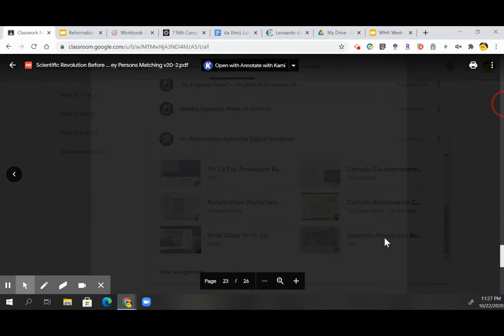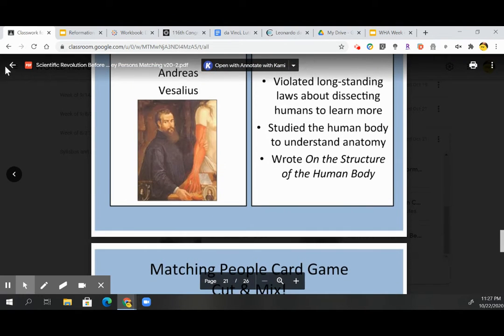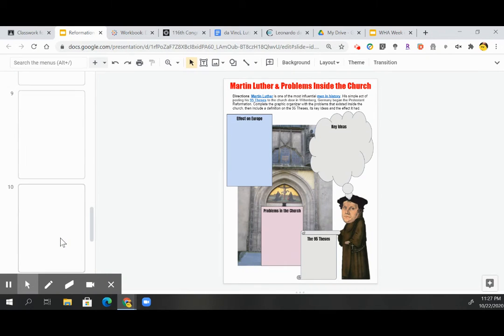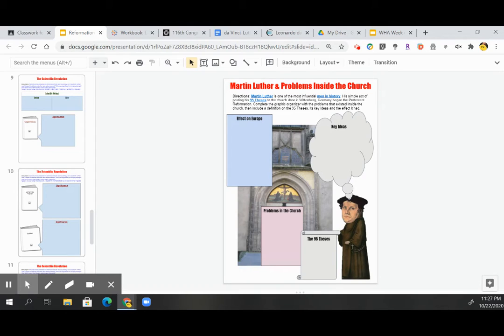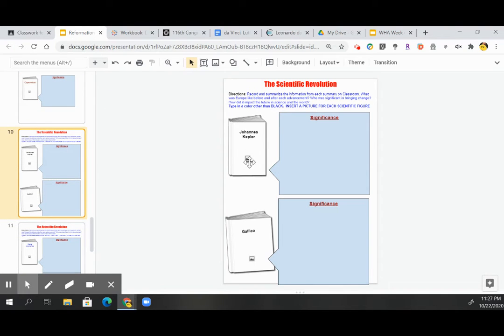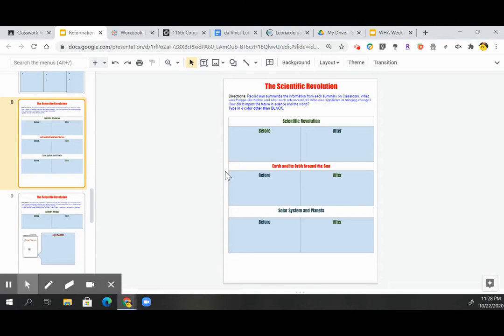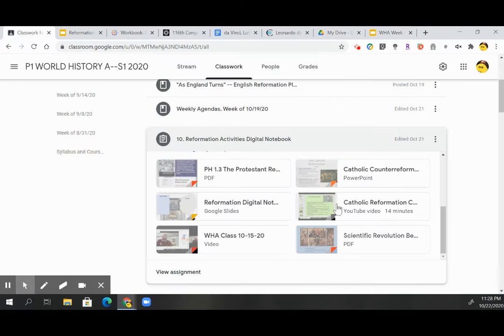for word down here. These ones that we're talking about, the different major contributors, and certainly by no means do we have them all, but they are the major ones in the scientific revolution. Again, the last piece of the Renaissance, the last piece of the idea of humanism emerging, the scientific knowledge that's emerging. So again, make sure you have a picture of these guys as well as their significance, and then the before and after of this, and putting it in a color other than black. And how did it impact the future in science and in the world? Those are the questions to be asking.